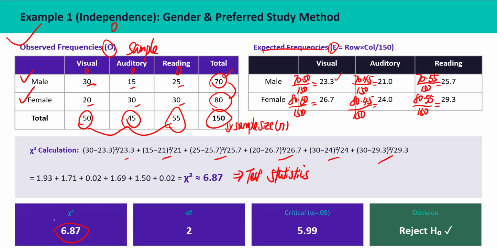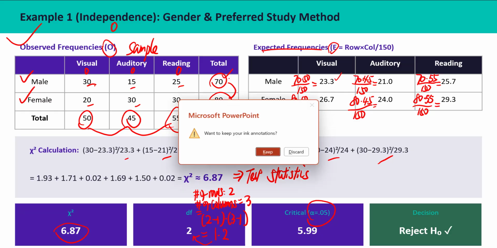6 values. And the degrees of freedom here: number of rows is 2, right? 2 rows. Number of columns, 3 columns. So you do 2 minus 1 times 3 minus 1. So that's 1 times 2. That's why it's 2. Based on those, and alpha equals 0.05, we go back to